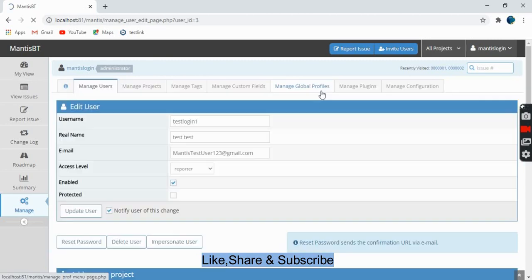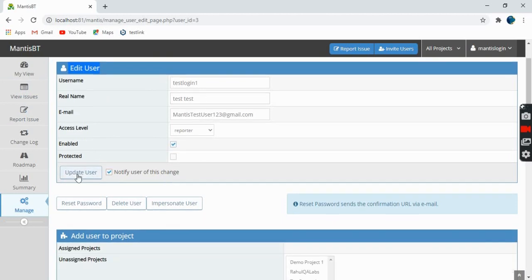Okay, so created user test login with an access level of reporter. We have created a user. After the creation operation is successful, this page will be displayed, showing edit user. If you have written some details mistakenly, you can change or edit those details here. After changing the details, you can click on update user. Say, for example, I just want to change the login name to 11.